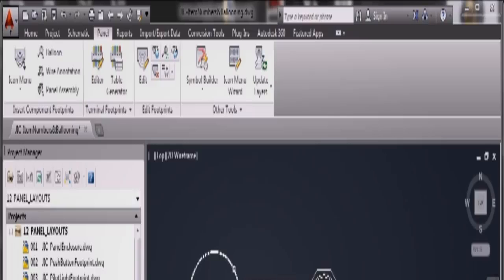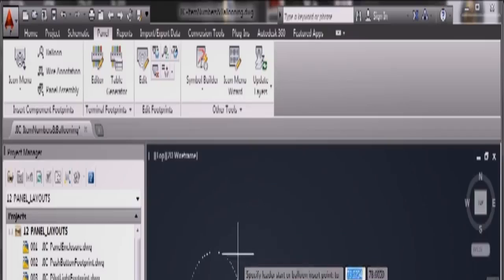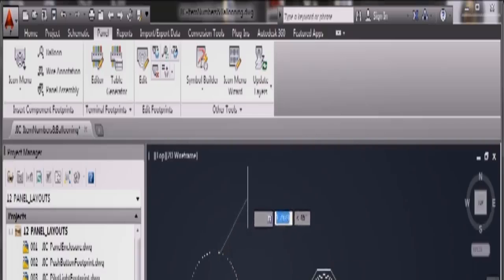Now I can select the component for a balloon. So I've selected it and now it asks me for the leader start point. So if I do a shift and a right click now, and I go for nearest on the object snap override menu, I can go for a nearest snap anywhere on the edge of that circle. So I'll click about there, drag my leader out to about there, and there's my leader there. What I will do is put polar on. And then I get a nice little horizontal landing line there like that,